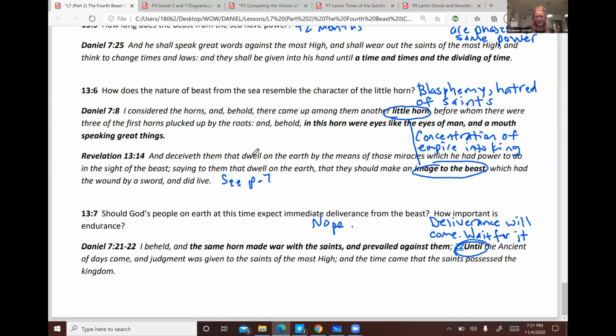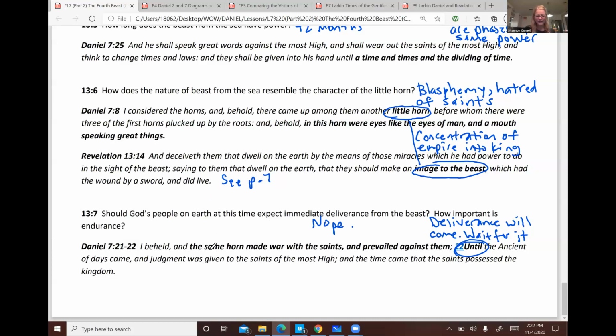And in Revelation 13, that's exactly what we see of the beast. The image is set up, worship of the beast is required, and this beast is blasphemous, hating the saints, hating the Jews, and setting himself up for worship and in place of God, which is consistent with what the New Testament teaches as well by Paul.